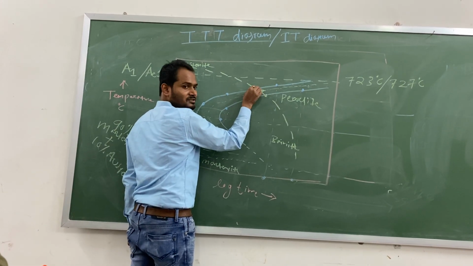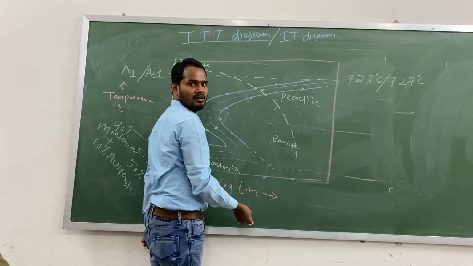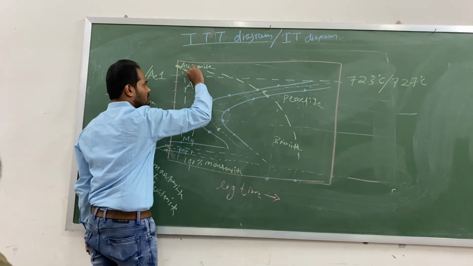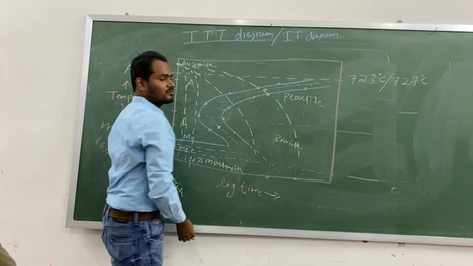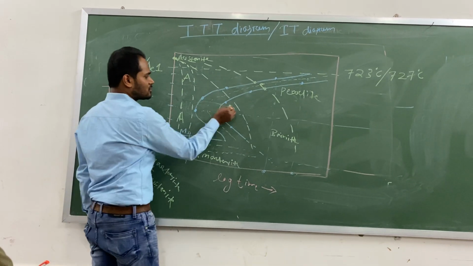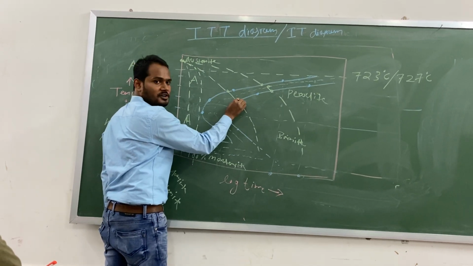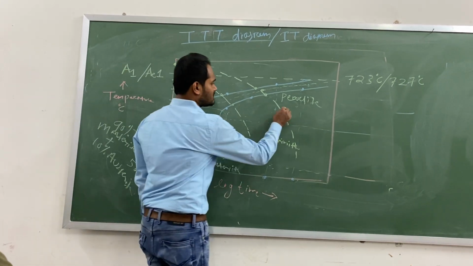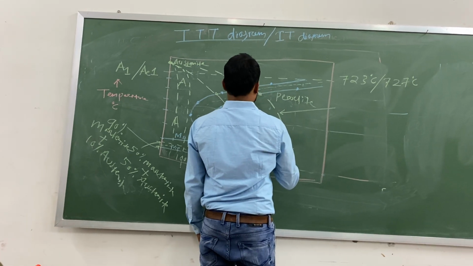This one touching means transformation has started. Then this one is where the transformation ends. So all austenite is transformed to pearlite. Suppose my cooling curve is like this, for example. So what is the phase? Again pearlite. It is okay? How? Because this is the pearlite region. Transformation has started here and ended over here. So you get pearlite.